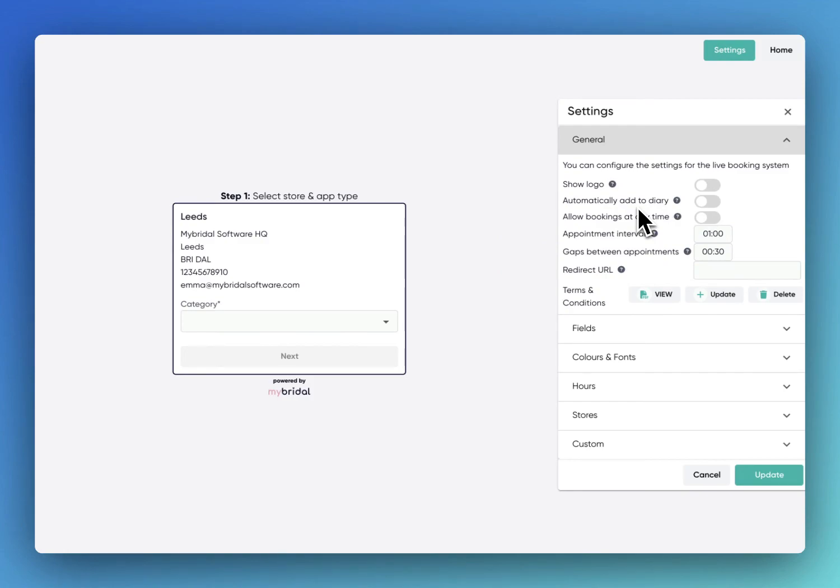Say she'll log on, she'll see that there's an appointment available Saturday at 11 o'clock. She'll go ahead, she'll book it, it will go straight into the diary. She'll get an email through to say thank you for booking your appointment Saturday at 11 o'clock. That's all done with and you don't have to do anything. So to set it up that way, you'd want automatically add to your diary on, and you'd want allow bookings